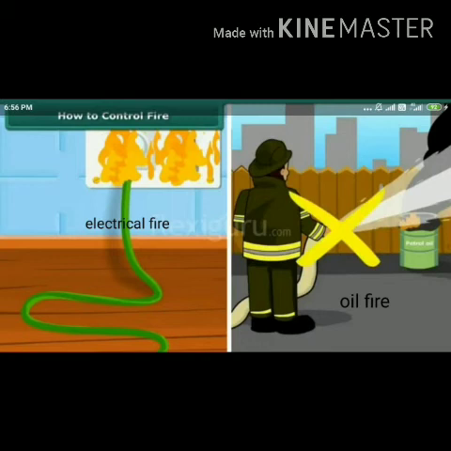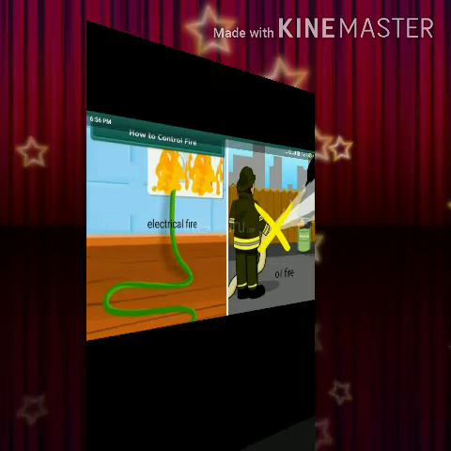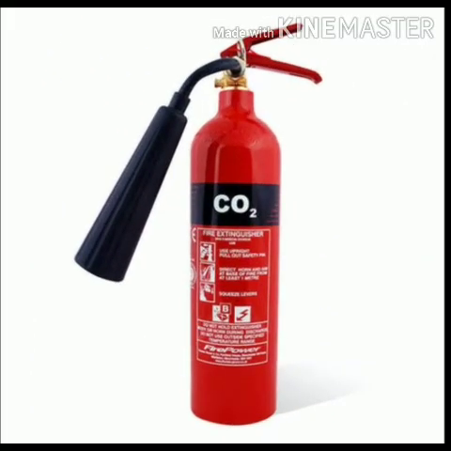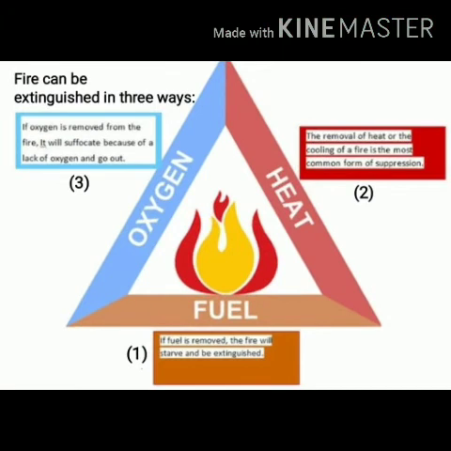That's why we can't make use of water to extinguish a fire caused by oil. Then how are we going to extinguish it in these cases? For electrical and oil fires, it is good to use carbon dioxide as an extinguisher. Next, we will learn the third way of extinguishing fire, that is by cutting off the air supply to the